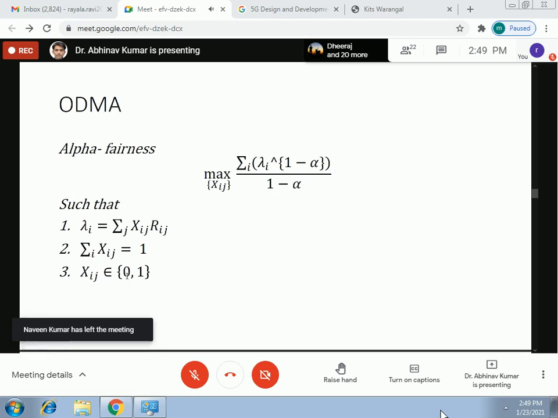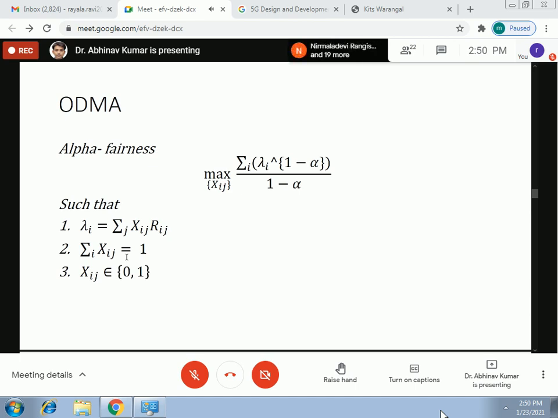optimization variable. Now summation of xij has to be equal to 1 because this is the same resource. It is a resource block. So this resource block in this time slot can be given to only one user. It cannot be given to more than one user. So this summation of xij over all i's, the number of users, should be equal to 1. So this is the optimization problem, where we have taken the TDMA problem and slightly generalized it for a time slot, how to allocate for an OFDMA system.